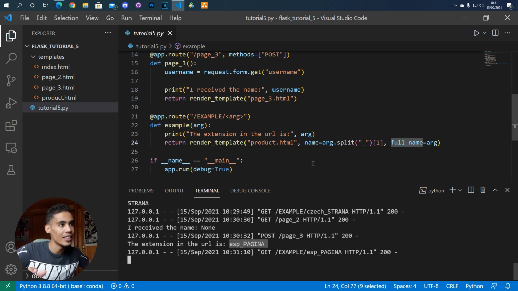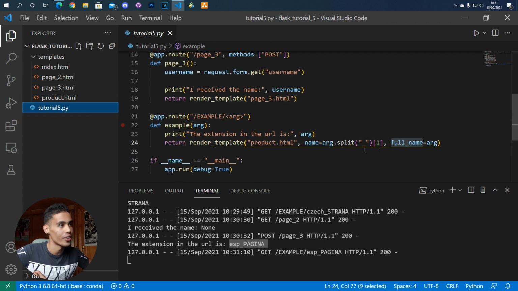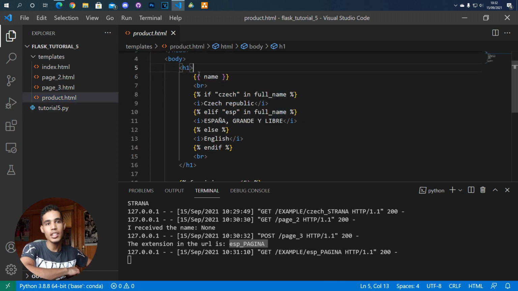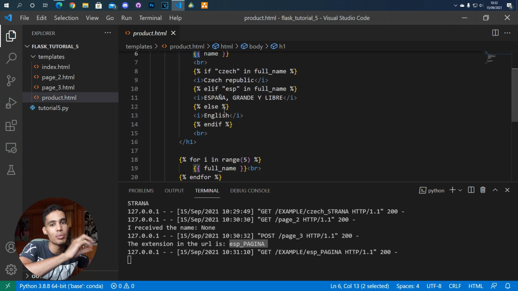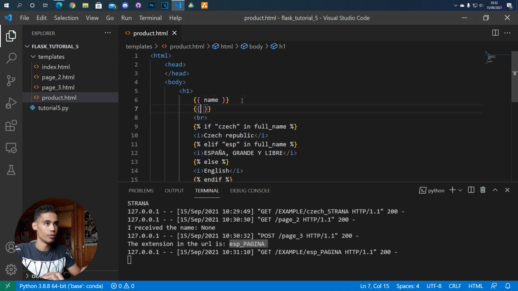And how can I load this in the HTML? This is the name variable that we sent here. As you can see, in order to use it, we have to open the brackets twice. Remember this, if you want to use just a variable, you have to open the brackets twice and then put the variable. So for example, if we now put here full name,